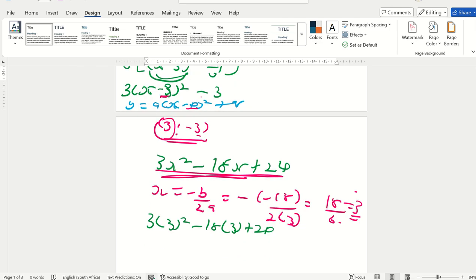Okay, this is 9. So 9 times 3 is 27, minus 18 times 3 is 54, plus 24. Then minus 54 plus 24 gives us minus, how much? Did I calculate this thing correctly? I feel like I made a mistake. Yes, I did. So 27 minus 54 gives us minus 27, plus 24 gives us minus 3, which matches that. You guys see how delicious